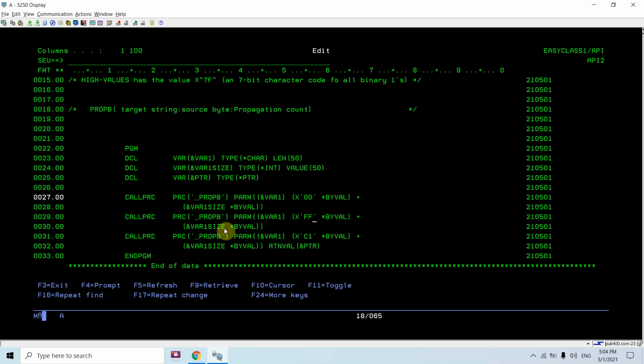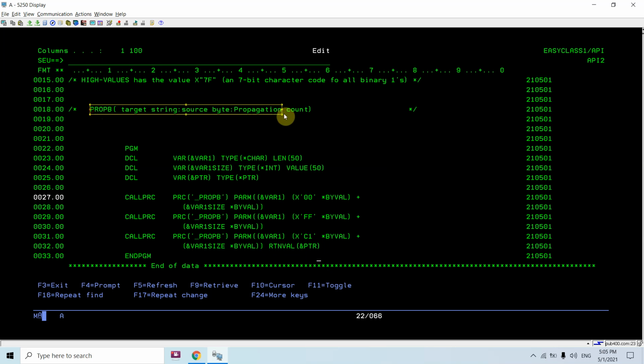And at the last one you can see I'm passing C1. This is the low level byte, this is the high level byte, and this is the character byte for the symbolic character A. Now you can see here I am also retrieving the pointer.